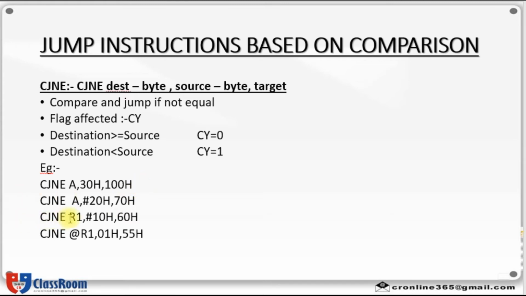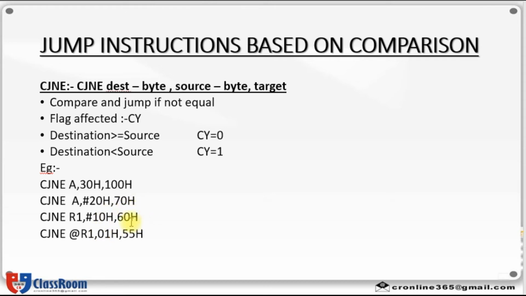Then CJNE R1, #10H, 60H. That is, contents of register R1 and this 10H value are compared, and if they are not equal, then it will jump to